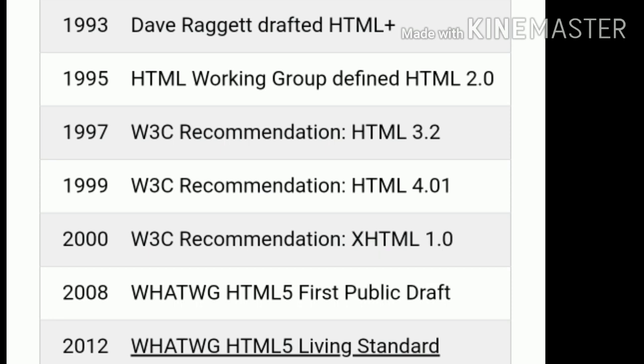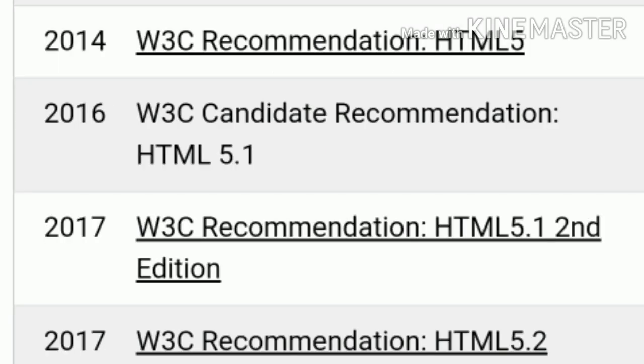In 2017, the W3C recommended HTML 5.1 second edition. After that in 2017, another introduction came, the W3C recommendation HTML 5.2.